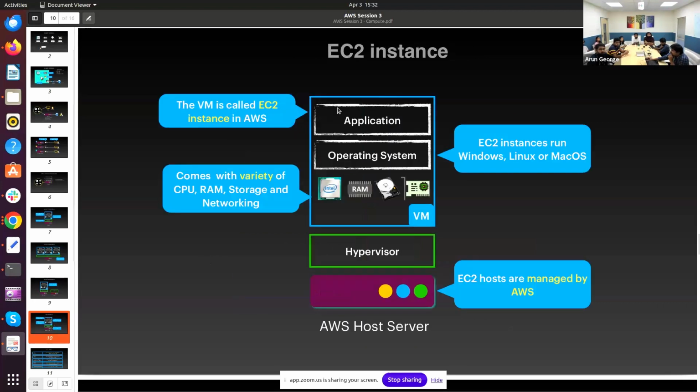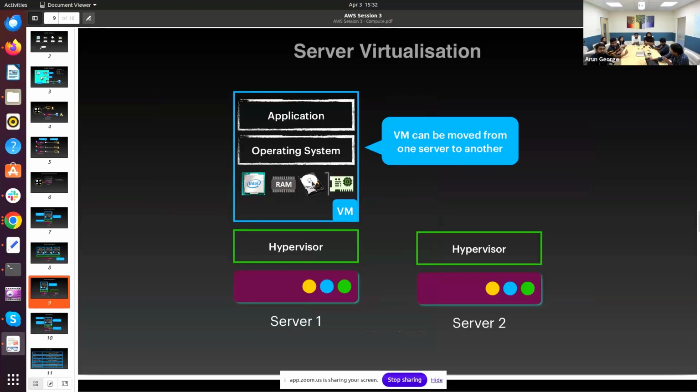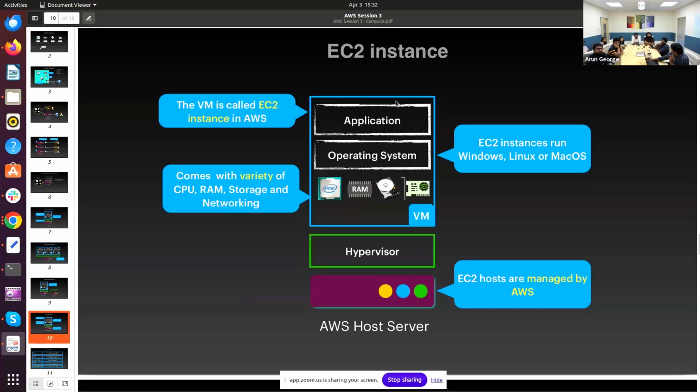So this is exactly what a VM is, what we call in a normal sense the EC2 instance that AWS is providing, Elastic Compute Cloud, right? The VM is called EC2 in AWS. Before this,